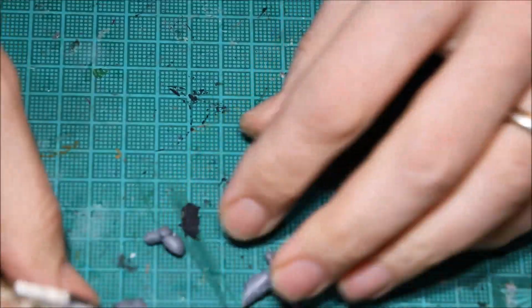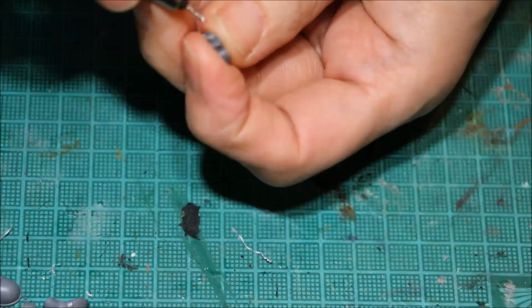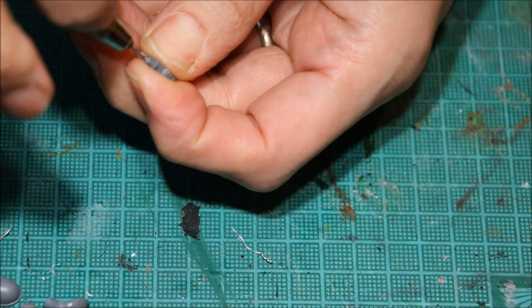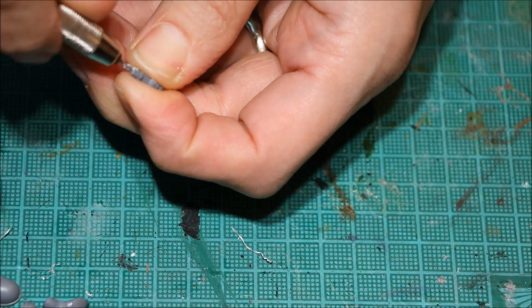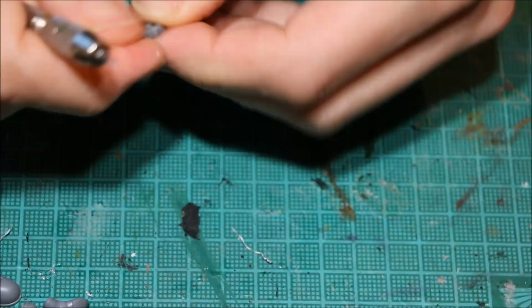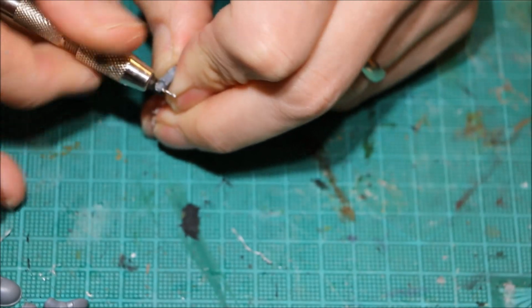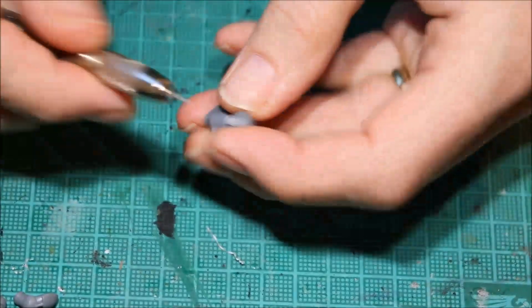Then I'm going to find the bolt pistol, and again just drill out a little hole in the front. And also on the side. Like that. Okay, so I've done those, and now I'm going to drill some more holes in this leg section